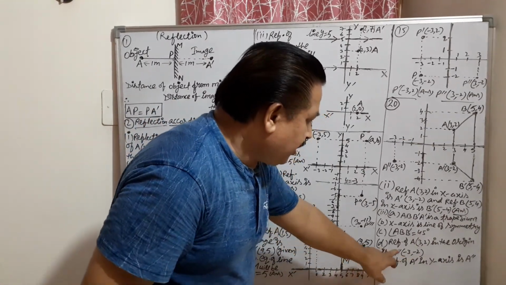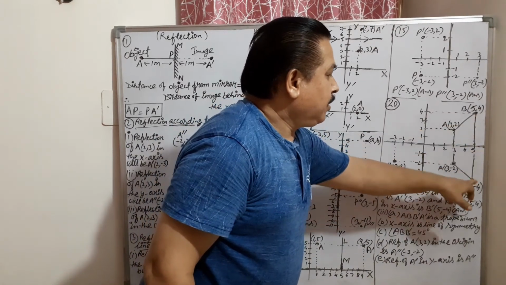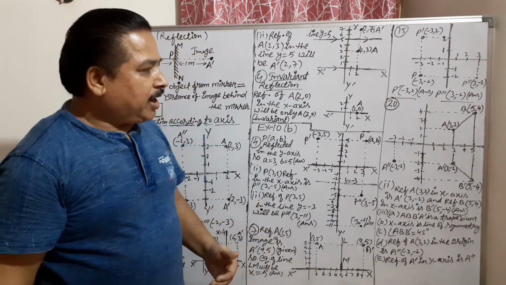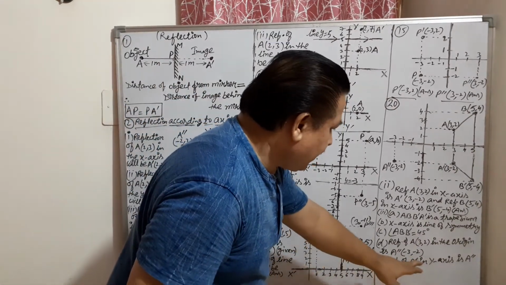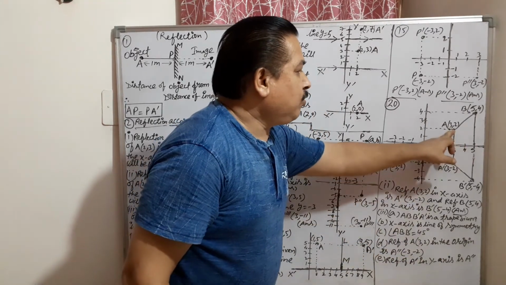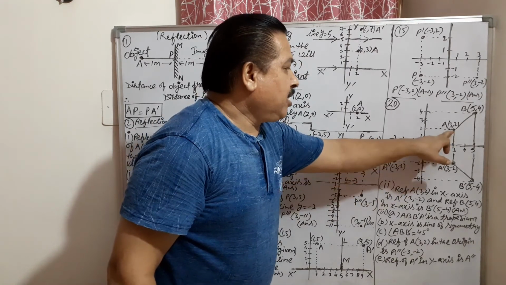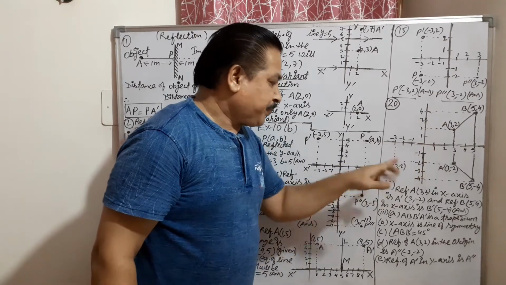Now see the next point. Find the angle AB dash. AB dash. This angle, it will come 45. When you measure by protractor, it will come 45 degrees. Now see the next point. Reflection of 3, 2 in the origin. 3, 2 reflect in the origin. So this is the origin. This is the object point. It will come here. Origin becomes a mirror.